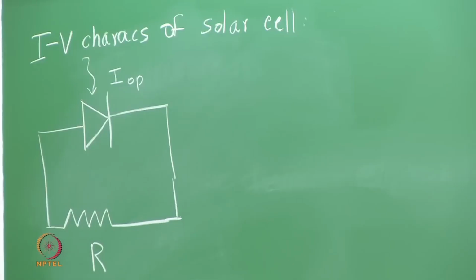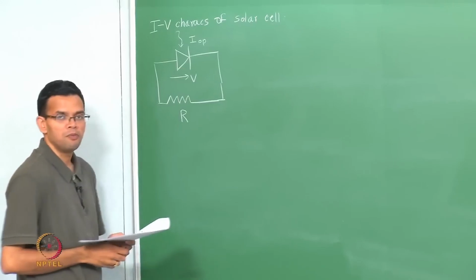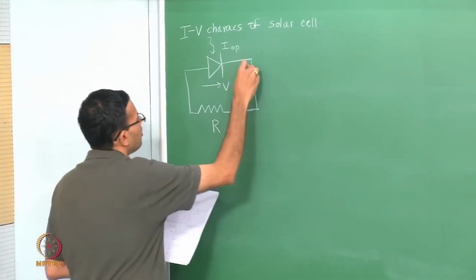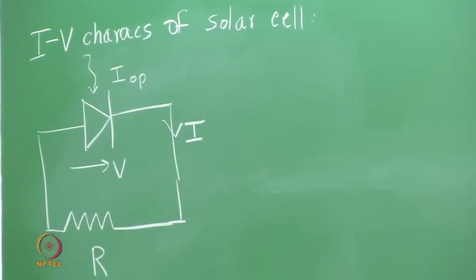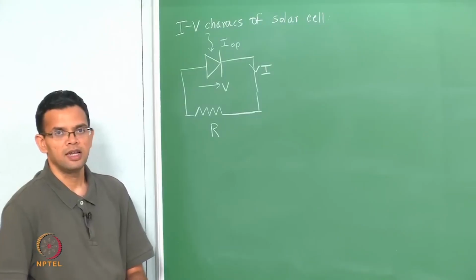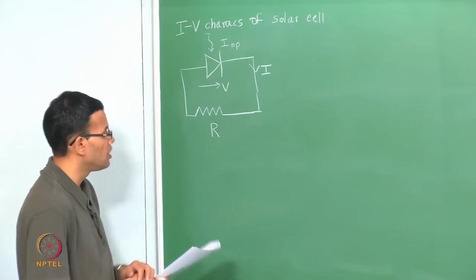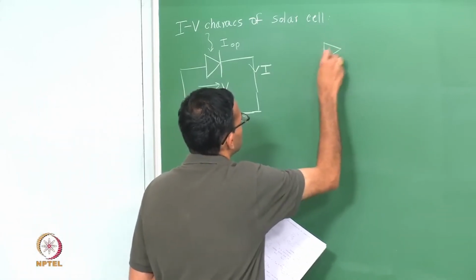So, in this particular case, there is a built in voltage within your p-n junction, and also a current that flows through the device. So, this is a schematic representation of a solar cell that is connected to an external load. Now, in the absence of a load where the resistor is 0,